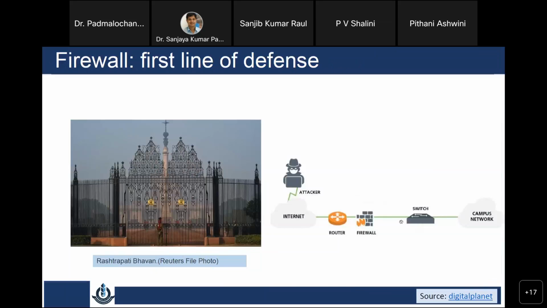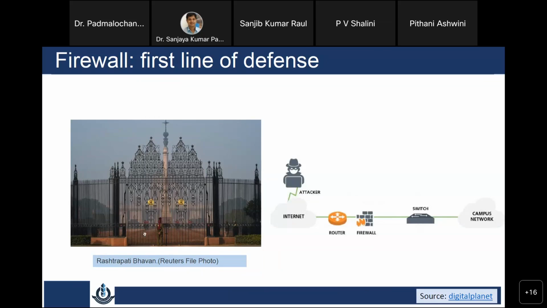So if we see the protection mechanism, firewall acts as a first line of defense, and then intrusion detection system should act as a second line of defense. Like if you see that firewall, you have a security here at the main gate of Rashtrapati Bhavan. So here he has certain defined rules, by looking at your body, the metallic checks, testers or other things. They see whether you are carrying a pen drive or something. So those sort of stuffs are there here.